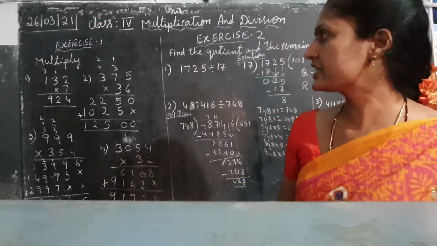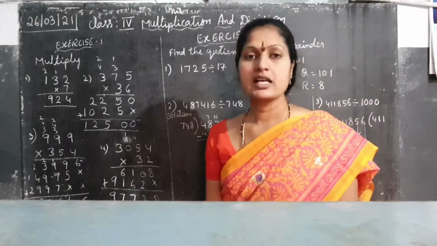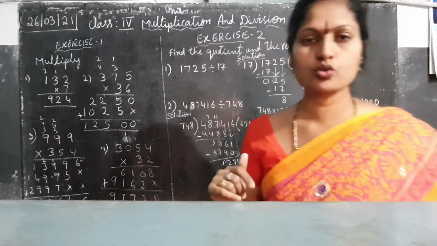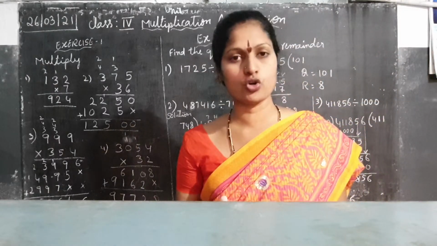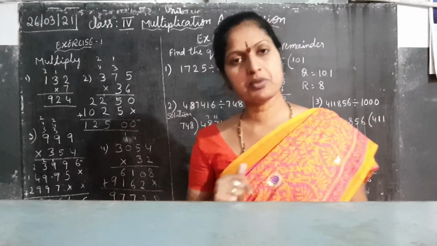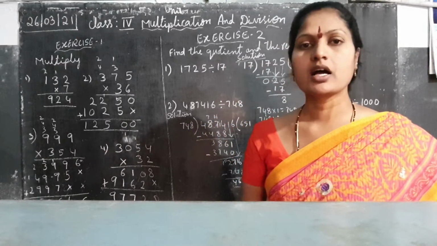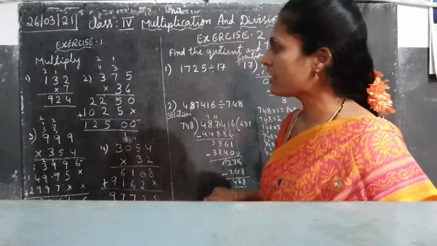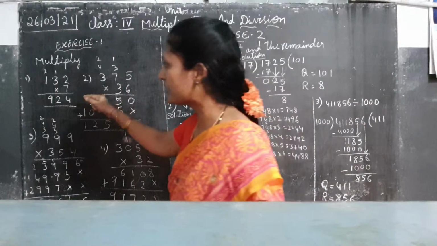In multiplication I will explain some sums for you, and in division I will also explain some sums and how to do them. You have more in your book, children. You have to do all the sums, example sums and exercise sums also, children. Now I will explain how to do multiplication.